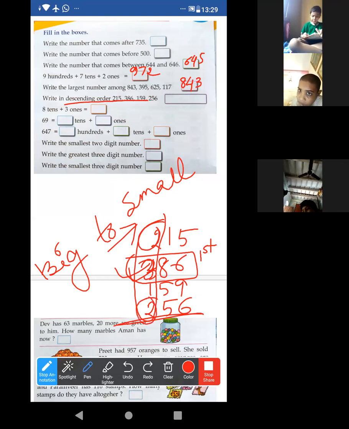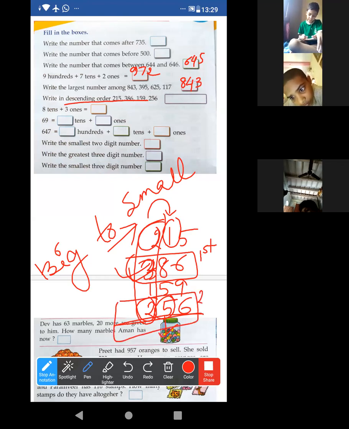Now after that, look, these two, this is also 2, both are same. So we have to move to the right place. Next, the immediate right. It is 1, it is 5. This 5 is greater than 1. So definitely this one will be the second one. Yes. This one third, and the remaining one is the fourth one, 159.